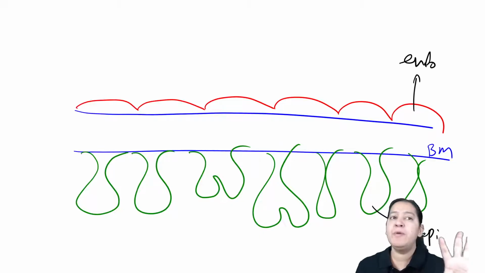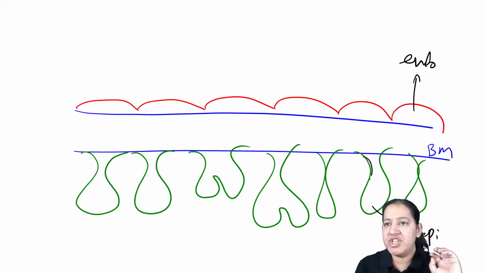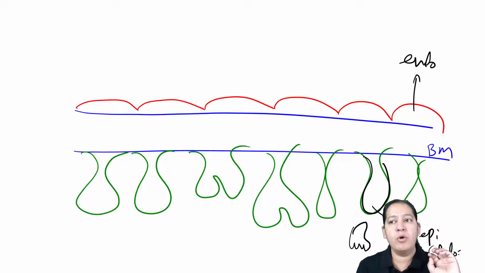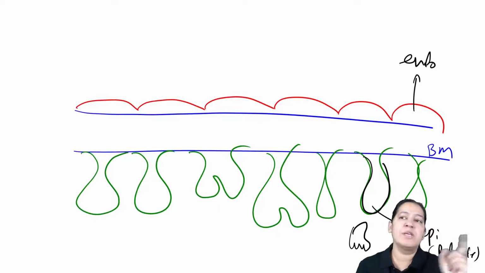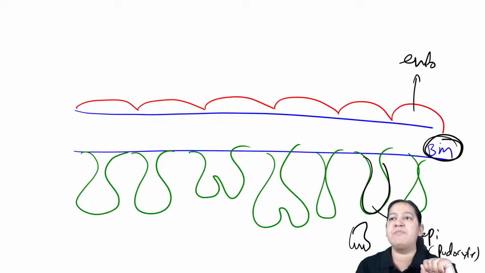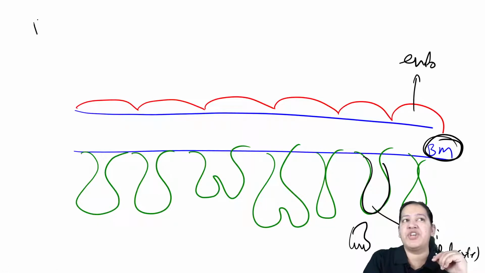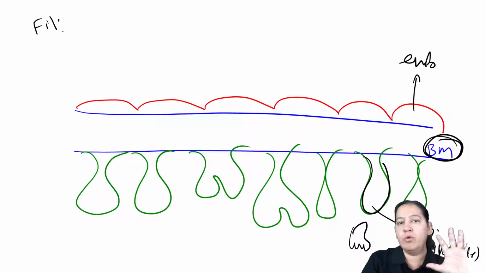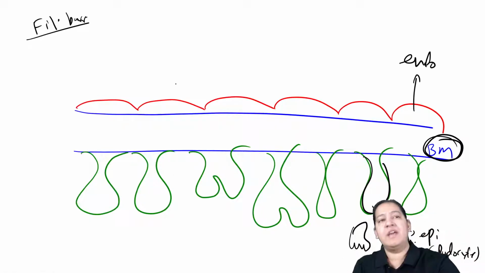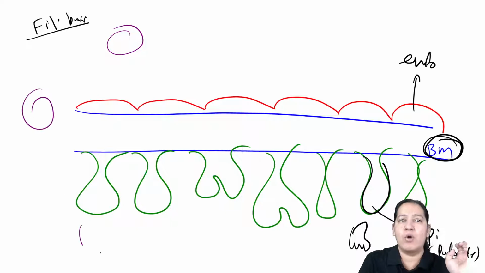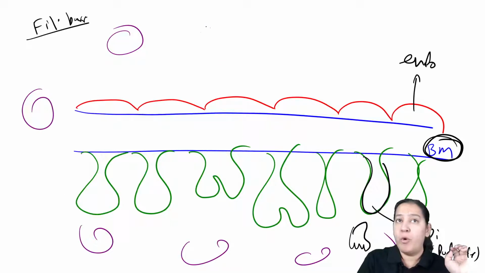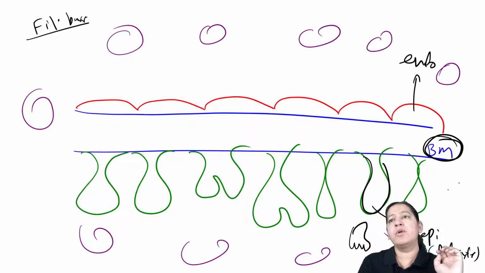And the shape you can see in the green color is like the foot of a human. You know the foot of a human. The shape is like the foot. That's why it is known as podocytes. So the epithelium is known as podocyte, and in the center we have the basement membrane. This triad, this assembly, is known as the filtration barrier of the glomerulus. Apart from it, there are many mesangial cells, the supporting cells surrounding it. These are known as mesangial cells.